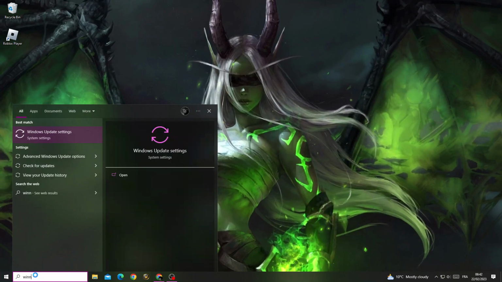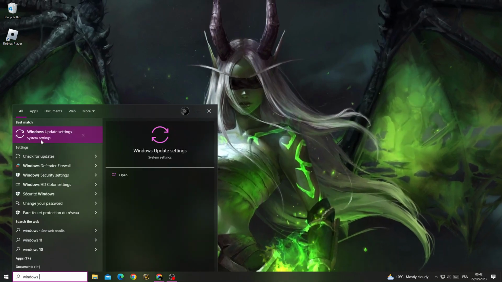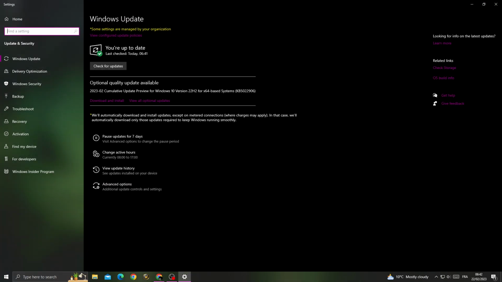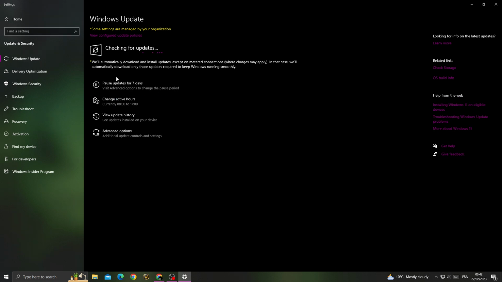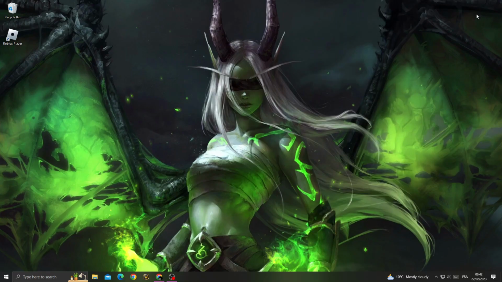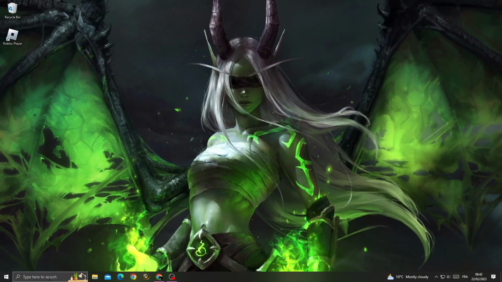Type here Windows Updates Settings. Now click check for updates and make sure to install all the updates that you will find here. And now if that doesn't fix your problem, let's move to the next